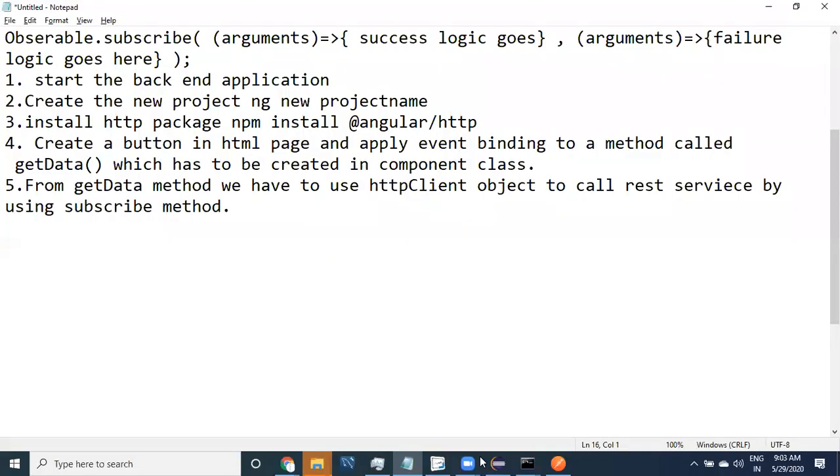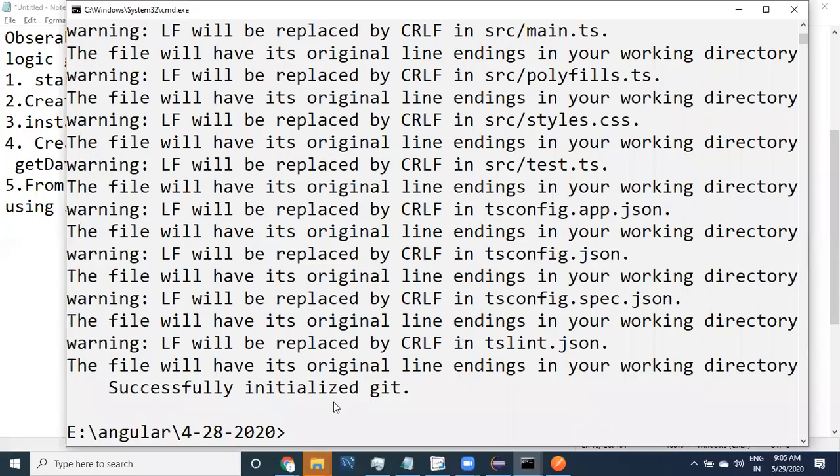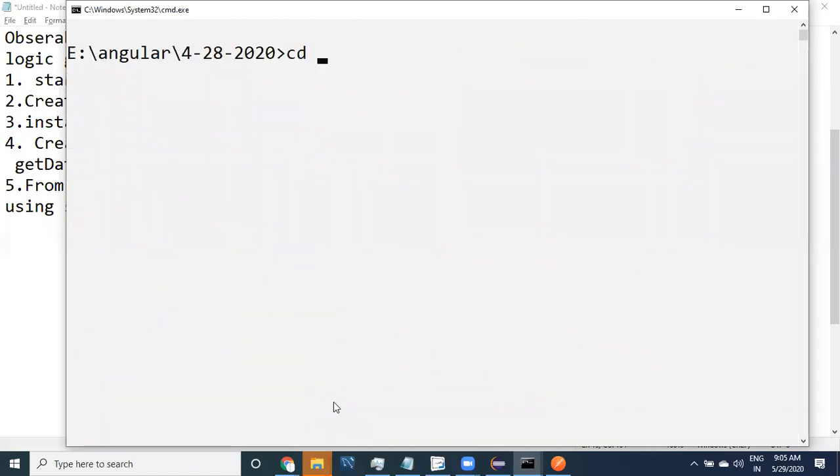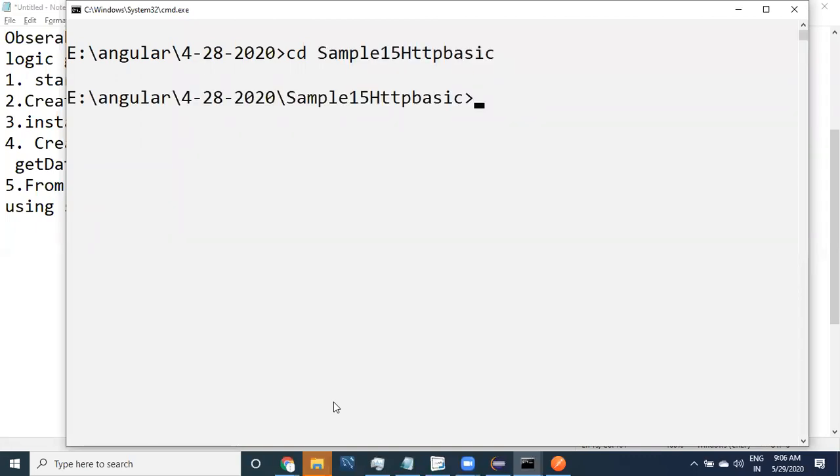All right. The backend application code is open in Eclipse, without Swagger. Now see, this is going to be application CD sample 15, HTTP basic.